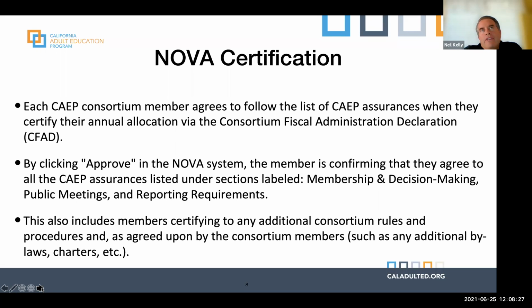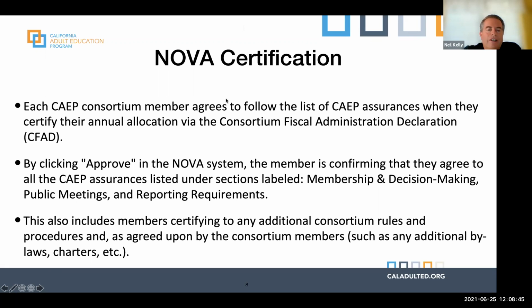So if you're in your consortia meetings and somebody's not showing up to your public meetings or not sending the decision maker, like Carolyn said, that's all in Ed Code, and you certified to that when you accepted the funds.